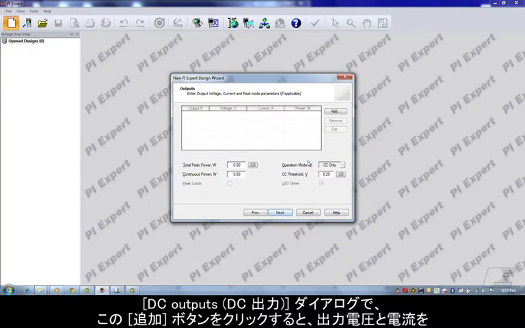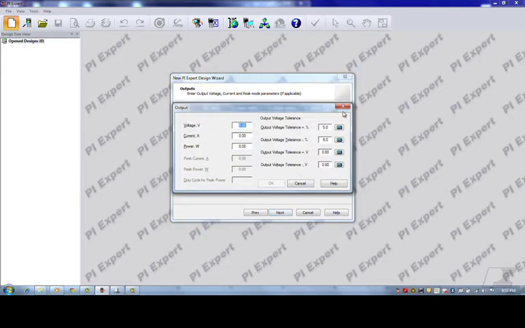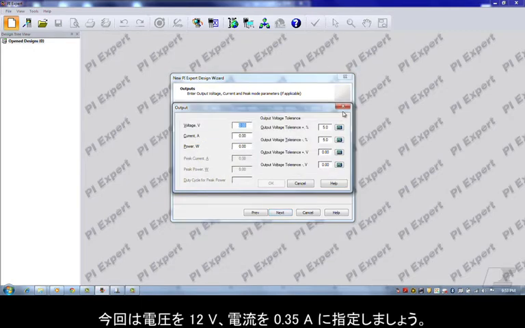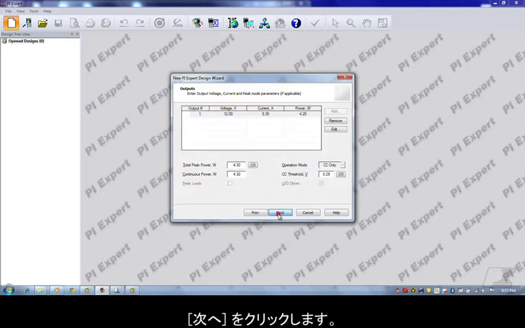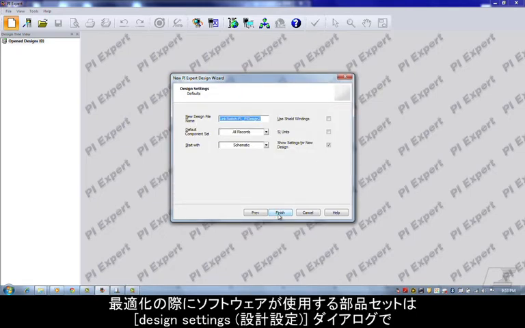On the DC outputs dialog, you can specify the output voltage and current by clicking this Add button. Let's specify a voltage of 12 volts at 0.35 amps. Click OK. Click Next. In the Design Settings dialog, you can specify which component set the software should use during